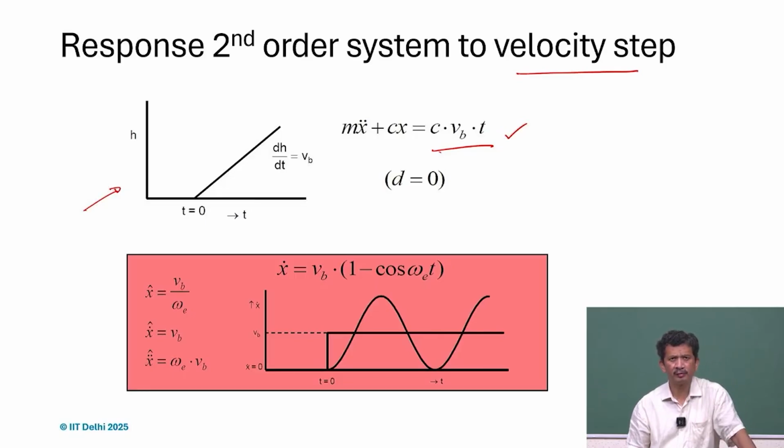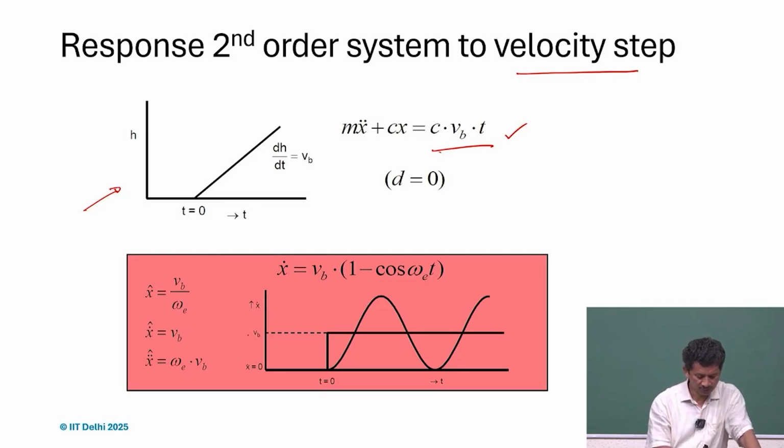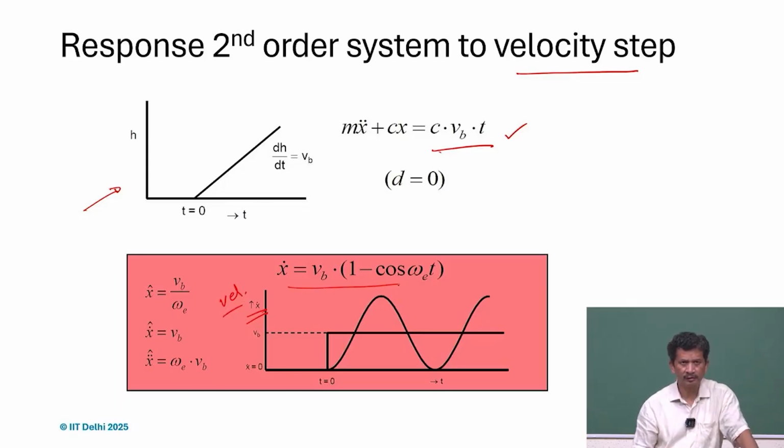If we give a velocity step, suddenly a velocity input is provided, how will the system respond? And what we can find is that the velocity x dot is Vm times 1 minus cos omega t, which is this. So the velocity is fluctuating,